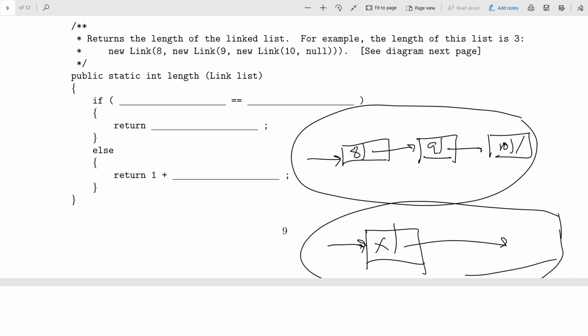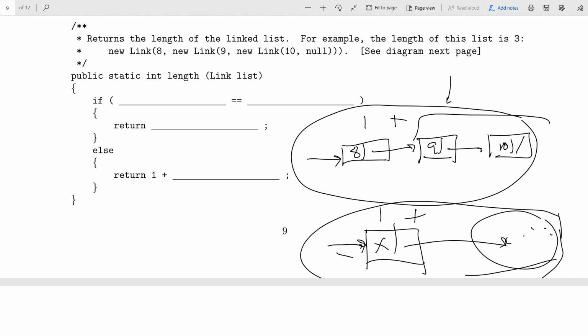Right. It's one more than the length of the list that starts with the next element. So in other words, the length of this thing right here is 1 plus the length of the rest. Same thing down here. The length of this whole mess here, and I haven't shown you what lies beyond, is 1 plus the length of what lies beyond. Okay? So that's the recursive case. That's the key thing to figure out, to get the recursion, is to realize it's one more than the length of the rest of the list.